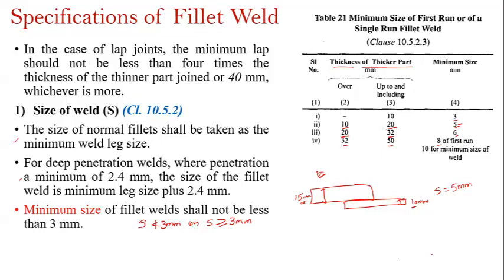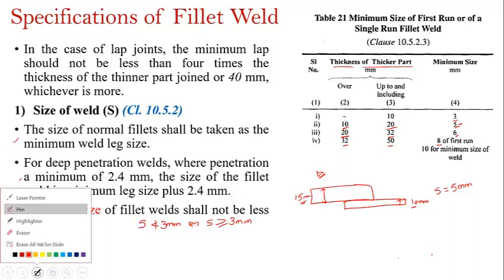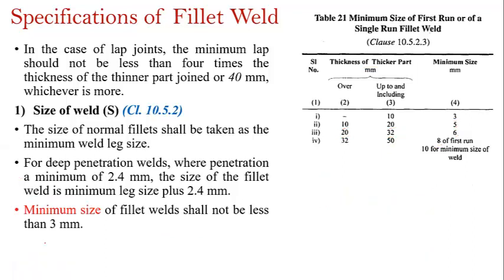Okay. So that's how you can identify the minimum size of the fillet weld based on the thickness of the plates. Okay, so this is another classification, but the least size which you can provide should not be less than 3 mm. So the least size which you can provide is 3 mm. Then 5, 6 and 8 mm depend on the thickness of the thicker plates. Okay, you will get an idea once you are solving the problems as well.